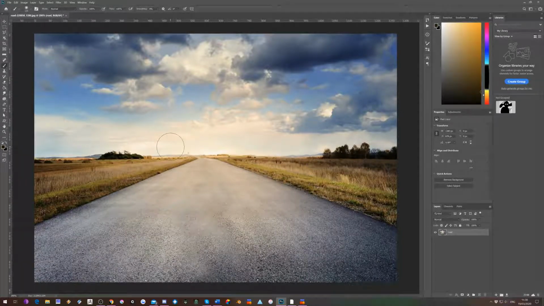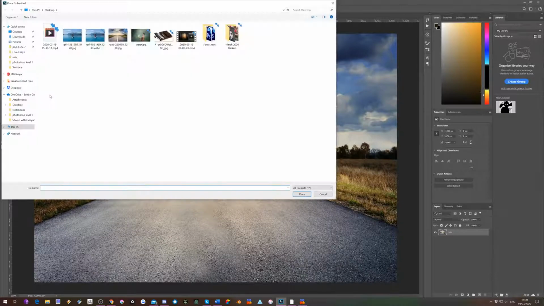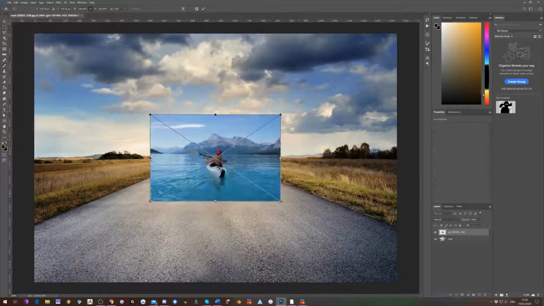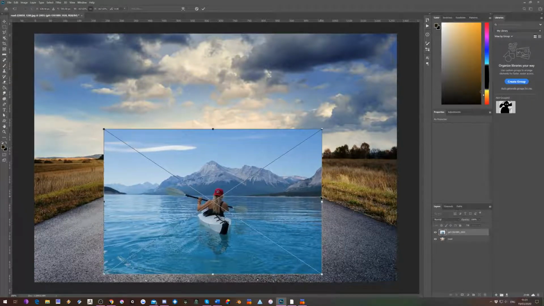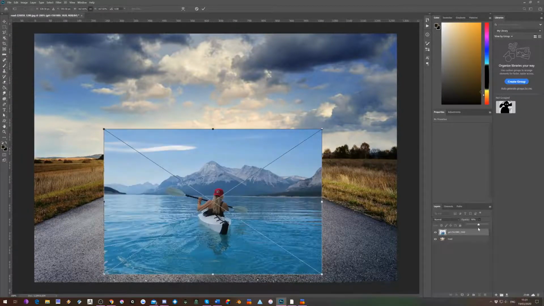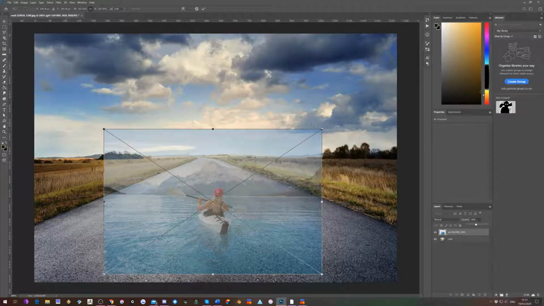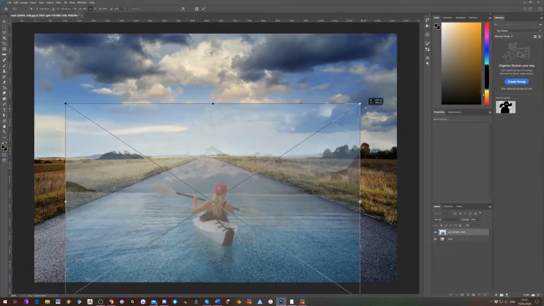So I've got myself a nice road image off the Pixabay, and I'm going to place embedded this another image I got off Pixabay of a woman in a kayak, who knows, which I want to place somewhere on the road like that. If I turn on the opacity, I can mess with her position and size and still see what I'm doing. I'm holding down Alt and dragging this up from the corner